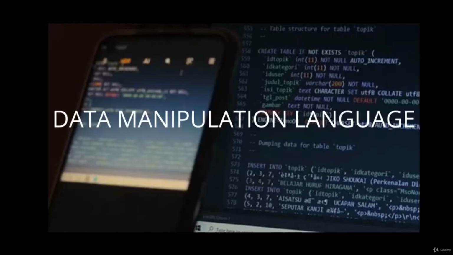Hello. In this lecture, we will understand the DML commands in SQL. DML stands for Data Manipulation Language. It is used to add, delete, or modify existing data in a table. So earlier in DDL, we were dealing with the structure of the table, that is addition, deletion, and modification of columns and tables and databases. But in DML, we will deal with the data in those columns.